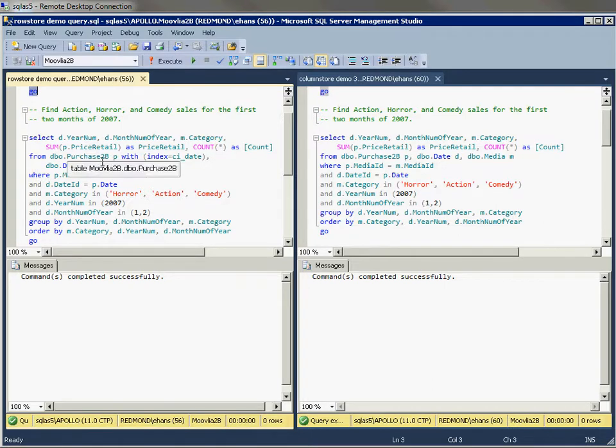I have a 2 billion row fact table in this database. It's called Purchase 2B. There are a couple of dimension tables as well, the date dimension and media dimension. And here's a classic kind of star join query with grouping and aggregation that's typical of what you'd see in a data warehouse or a data mart reporting application. And on the left, I have an index hint that's going to force the system to use a clustered B-tree on date when accessing the Purchase 2B